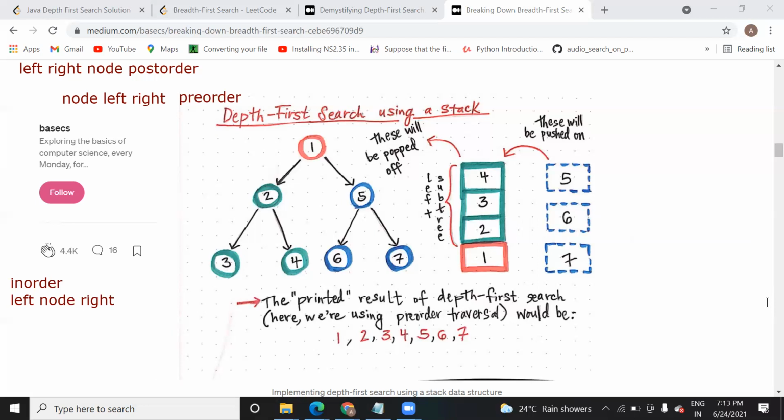But I have a confusion. If 3 splits, suppose there will be 23, 24 on the three side, and on the four side there will be 25, 26. So obviously on three we'll first go to the left, and then where do we go? The right side. Yeah, but this is not arranging the data in a sequence. I am not arranging the data. It is a node just to traverse it.